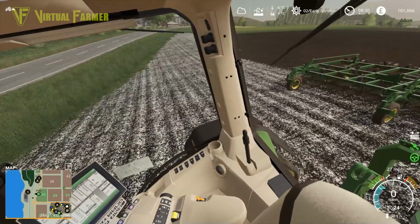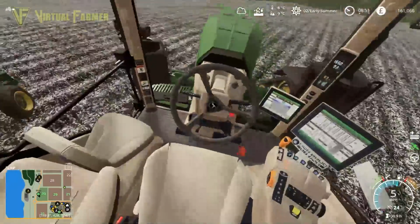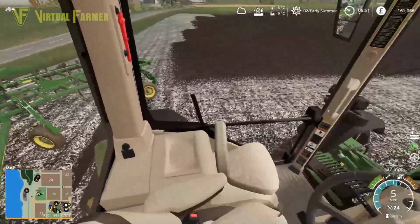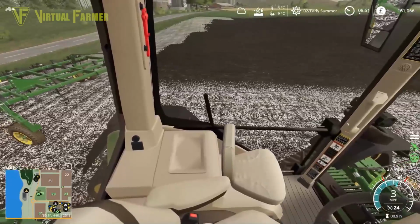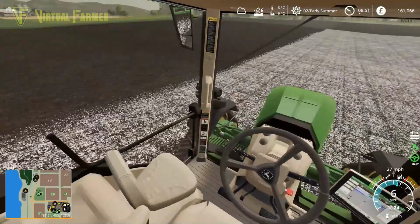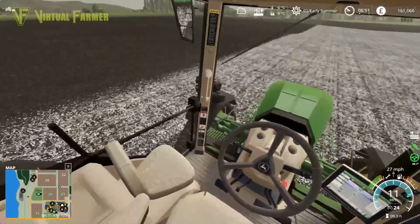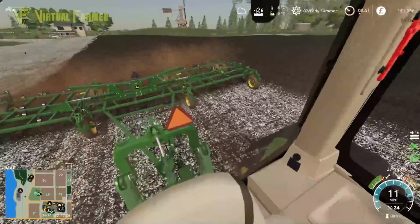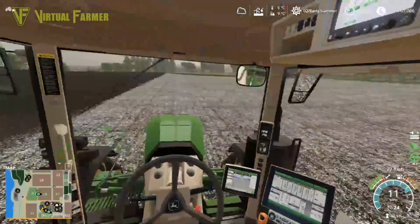There we go, lift it up. Bring it round. And this cultivator is really manoeuvrable as well. Line that up and down it goes. And we're back on the road, or on the field as it may be. But yeah, this is making short work of this. So I'm going to get this finished, and